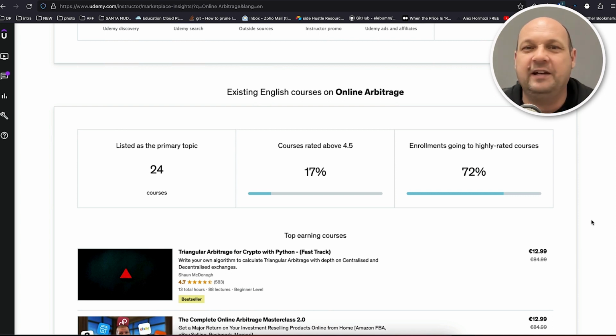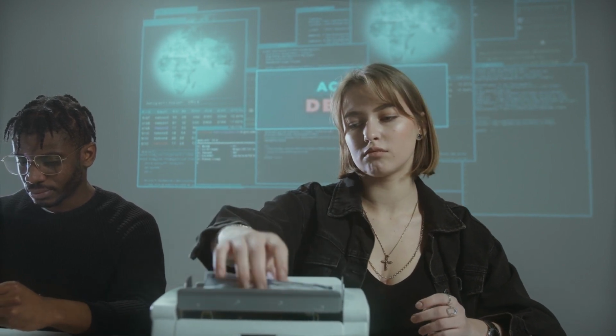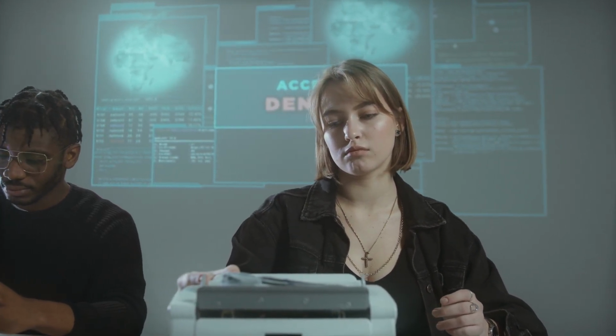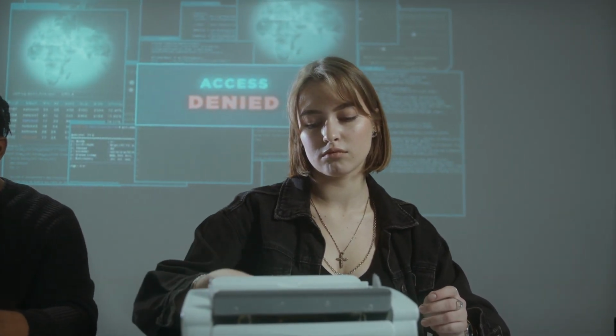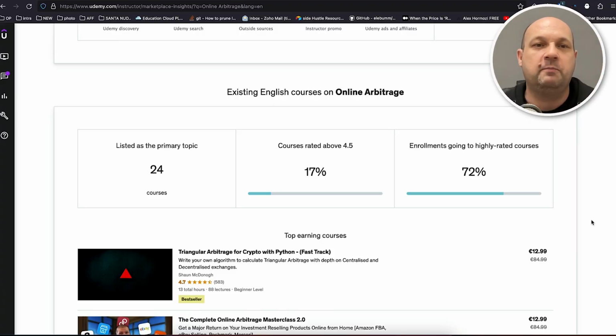Basically, to explain online arbitrage in 2 sentences, you find a product, for example, on Facebook Marketplace for like $10, and then you list it on, for example, eBay or Etsy for $24. And when the buyer buys that product, you order it from Facebook Marketplace and ship it. That's like drop shipping, but it's not.